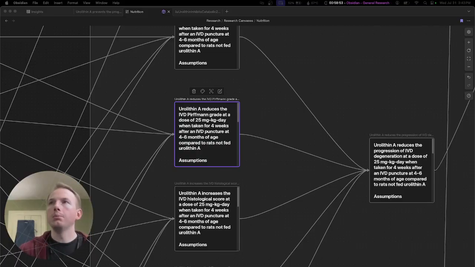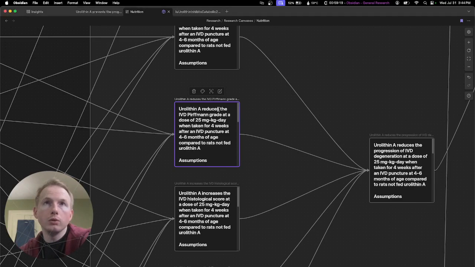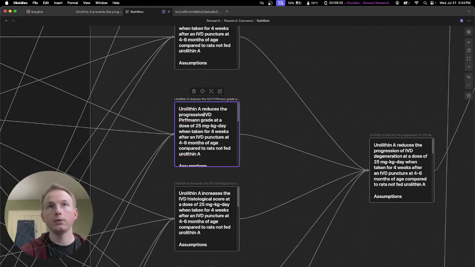I think they use "ameliorates," which is a commonly used word in these studies, but even that doesn't really capture it. I mean, basically, we don't know what happens after the 4-week mark, so this would reduce the progression. I mean, it's really the progressive increase in